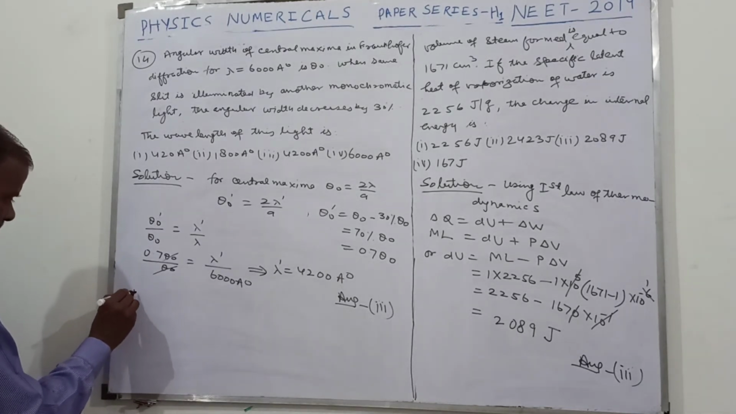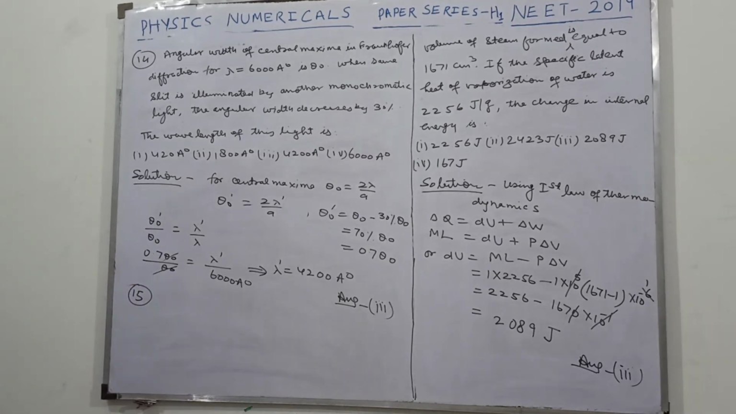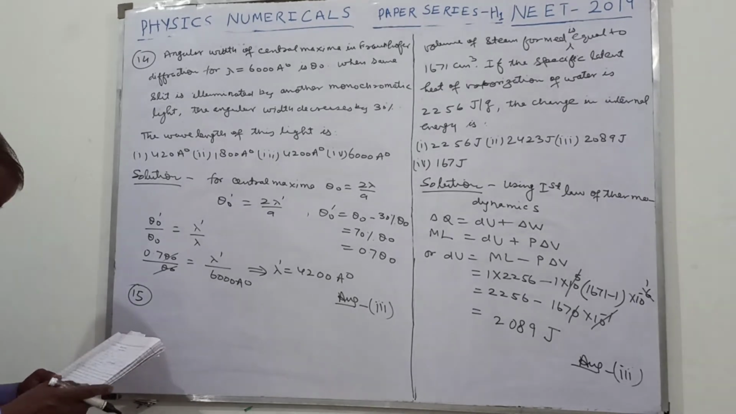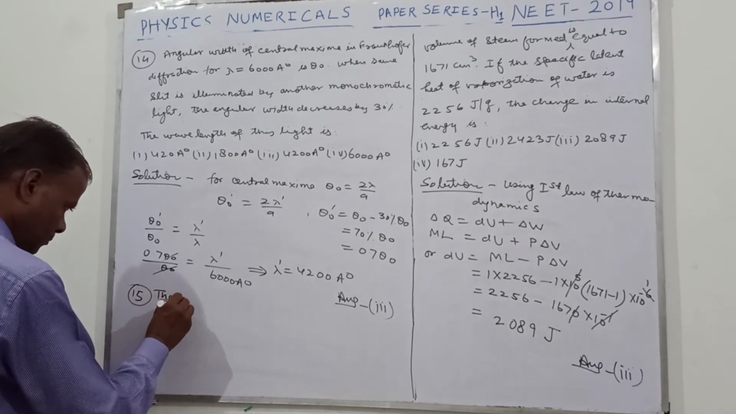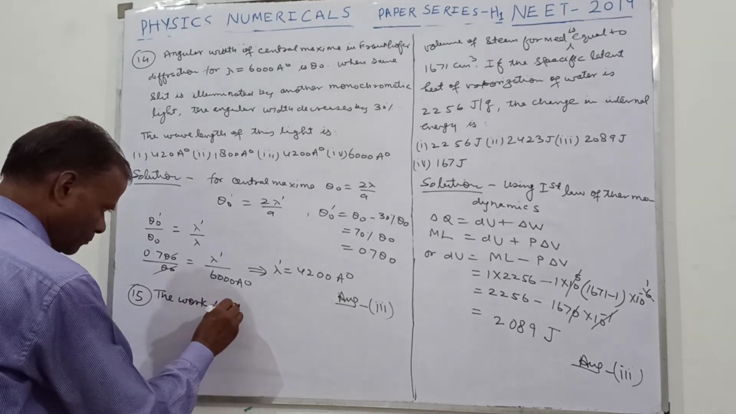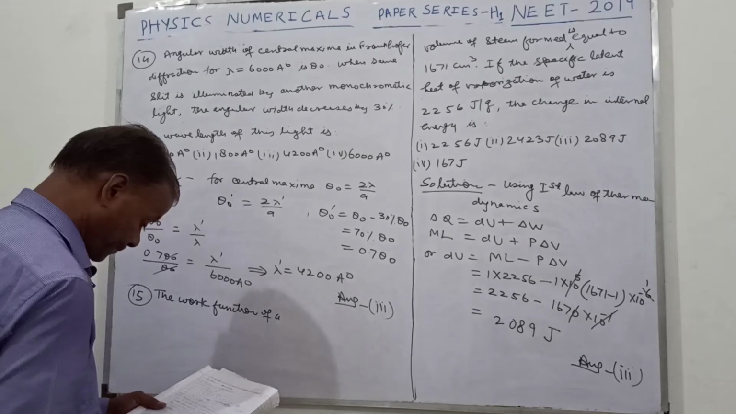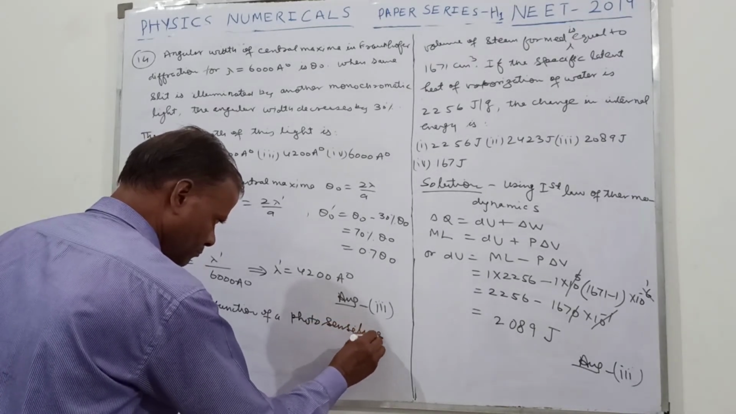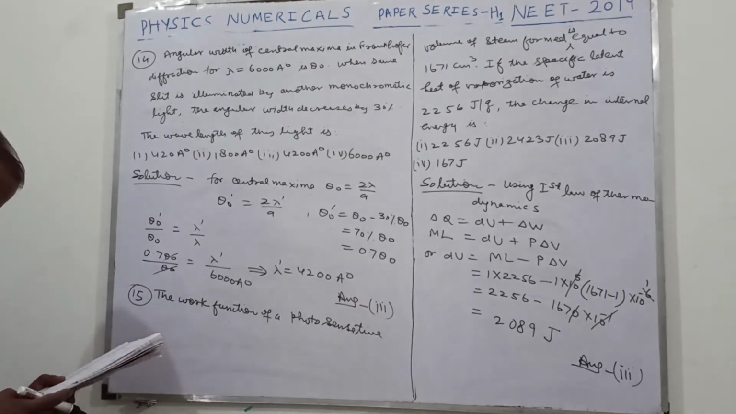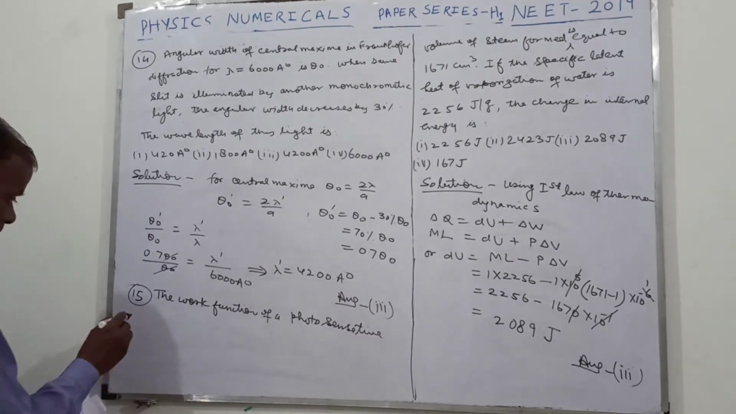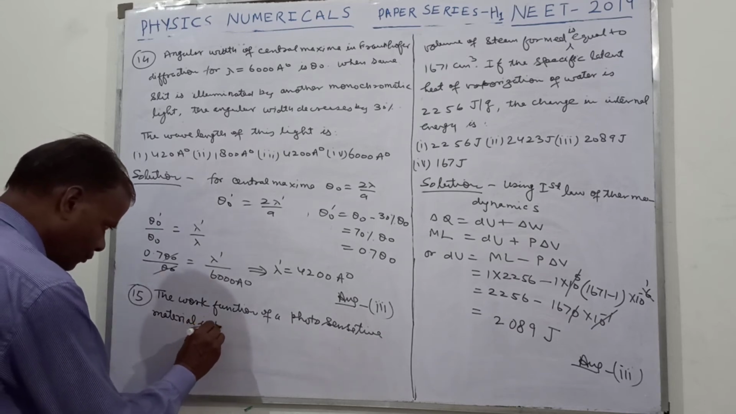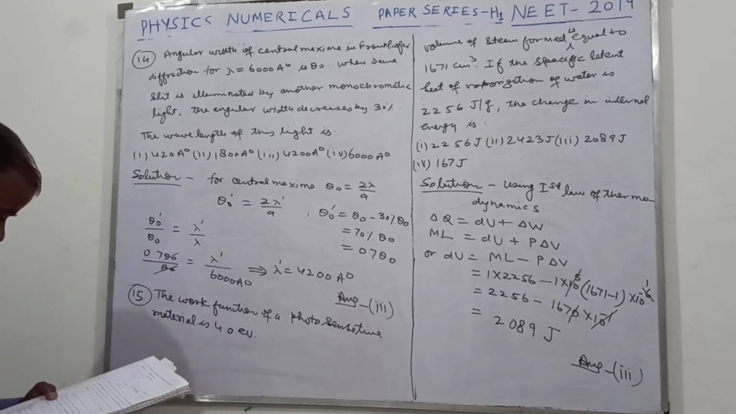Now question number 15. The work function of a photosensitive material is 4.0 electron volt. The longest wavelength of light